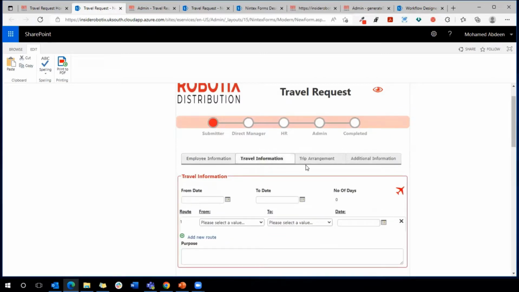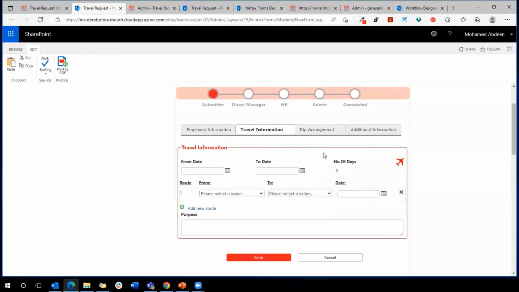Then we have the travel information. Here, the initiator should specify the route of his travel. He can add multiple routes from one country to another, then from country Y to country Z, etc. Automatically here, the number of days will be calculated based on his route, from the initial departure till the destination. Here he can add the purpose, but the strong point of this form and the advanced